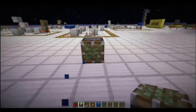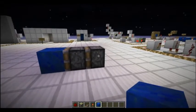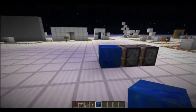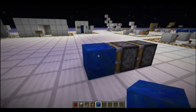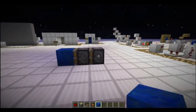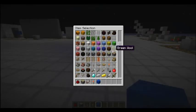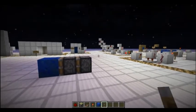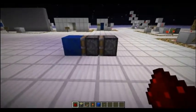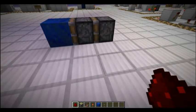However, with a double piston extender, if we were to theoretically extend these two pistons, this one would extend one block, and then this one would extend another block, enabling us to push this block 2 blocks instead of the regular 1 block. And this is where piston extenders come in. Sometimes you want to be able to push a block 2 blocks rather than 1 block, and I'm just grabbing a lever out here. Now, double piston extenders, the wiring is a little more complicated than